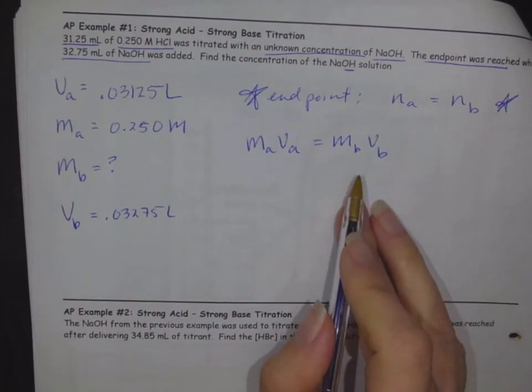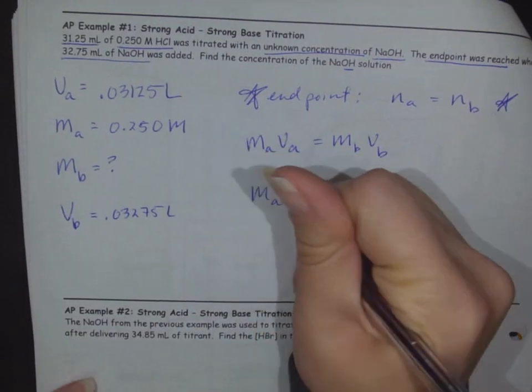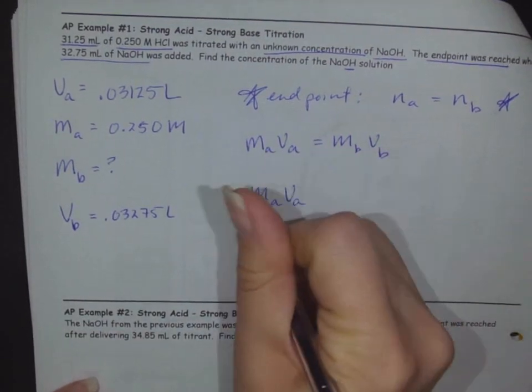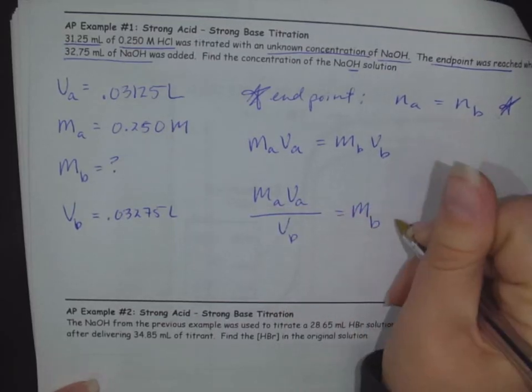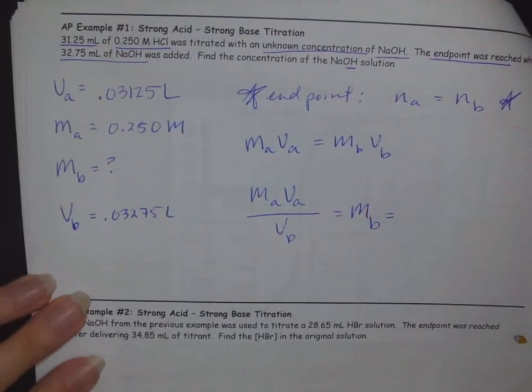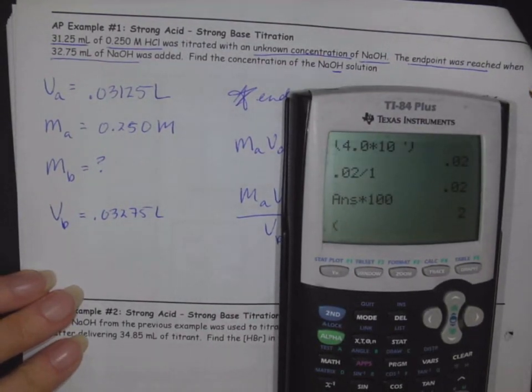I'm going to rearrange this to solve for the concentration of the base. So we just have molarity of the acid times volume of the acid divided by volume of the base equals molarity of the base. All right. Plug this in, 0.03125. Now